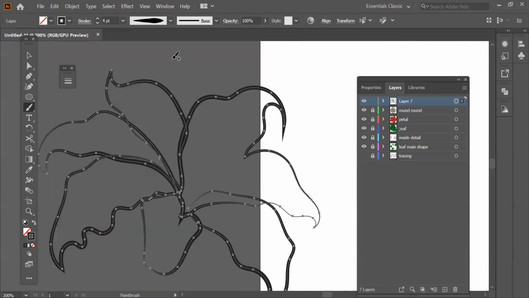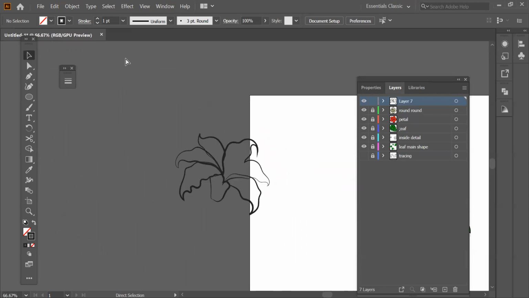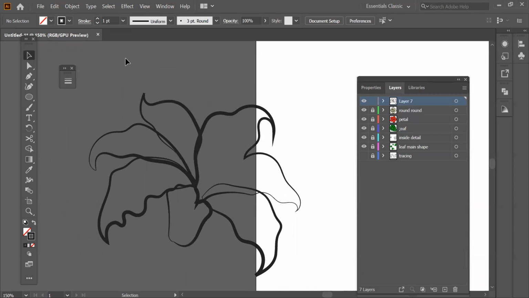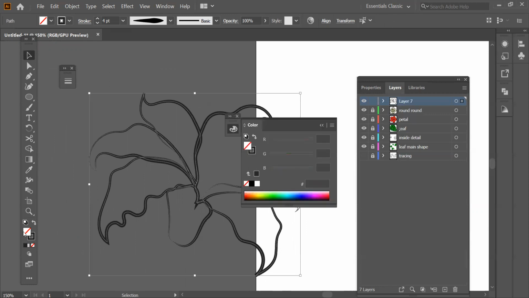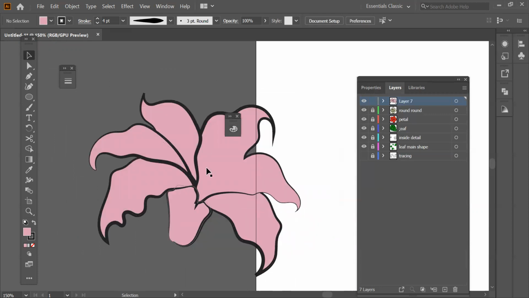Now I'm just increasing it. This one looks very cool actually. Now this is done. What we have to do now is fill the color. I usually use the pen tool, but all the time I use the brush tool itself. It's way faster. You can see I've drawn this in very little time. So now I just have to select it and fill the color. I'm just going to fill that pink itself. Now see, Illustrator is very fancy. It's just going to try to do the work for you. Like, see, it has put this petal in the back and this one in the front.